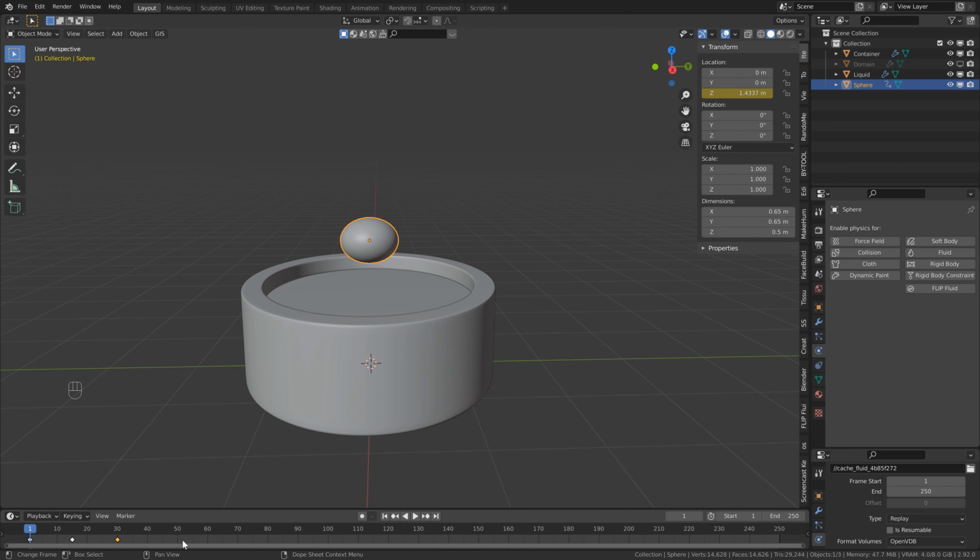What you can do is just hover over the timeline, hit A to select all the keyframes. Then if you hit G, you can just drag this over. I'm just going to drag this over till it's just before it touches the liquid. And that's about a good enough speed for me, but if you do want to make this slower, make sure you're on frame 1, hit S to scale, and you can just drag this out,